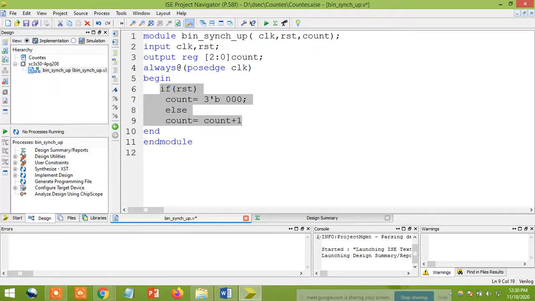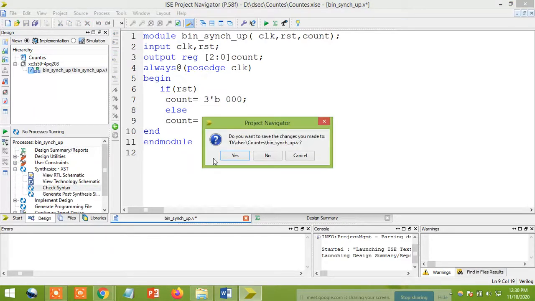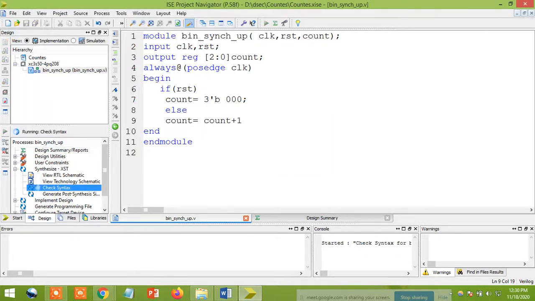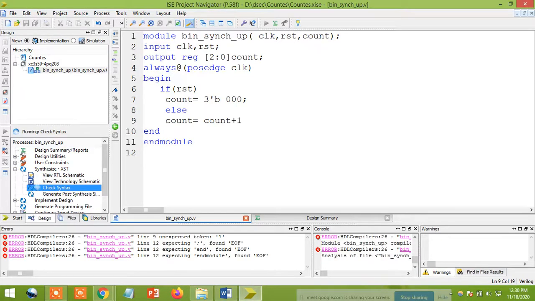Anybody having doubts? Just select this one, synthesize and go to check syntax. So an error is there. What is that error? Unexpected token, line number 9. Okay, then you can consider it as 3-bit binary 001, you can take.